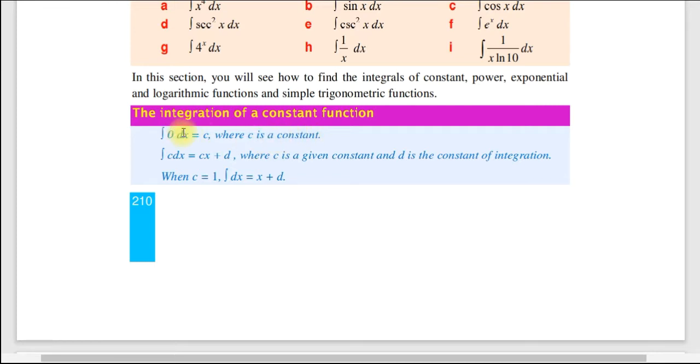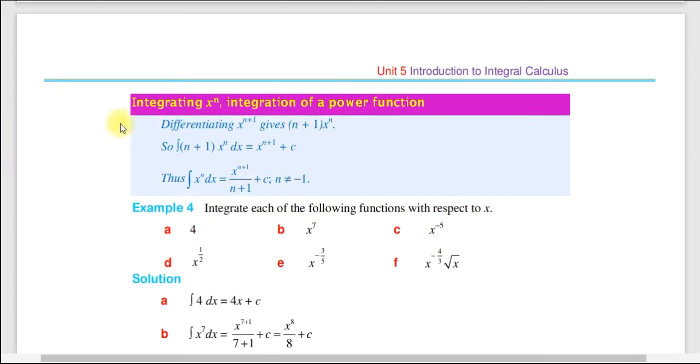ስለዚህ 0 dx ወይም ባጭሩ 0ን ኢንተግሬት ስናደርገው ኮንስታንት ነው የሚሰጠን ማለት ነው። ኮንስታንትን ደግሞ ኢንተግሬት ስናደርገው፣ c with respect to x ስናደርገው cx plus d where c is a given constant and d is a constant of the integration። ማለት c መጀመሪያ የነበረ ኮንስታንት ነው፣ d ደግሞ ከኢንተግሬሽን በኋላ የሚመጣ ኮንስታንት ነው። Okay, so when c is equal to 1 the integration of dx is equal to x plus d ይሆናል፣ c 2 ቢሆንስ 2x plus d፣ c 3 ቢሆንስ 3x plus d ይመጣል ማለት።